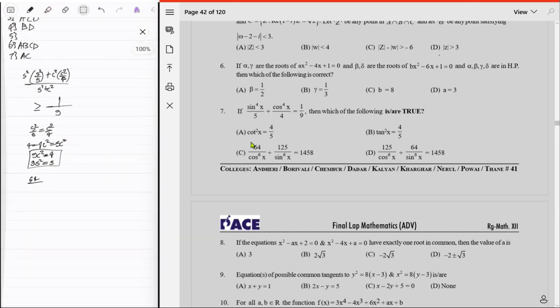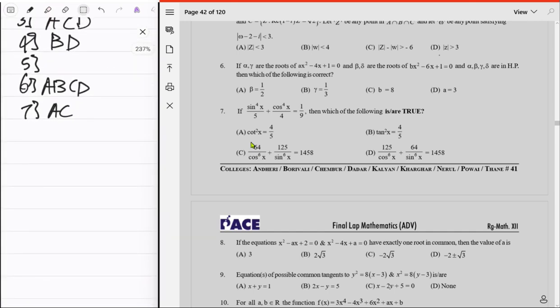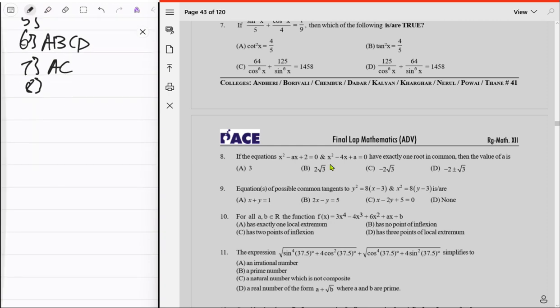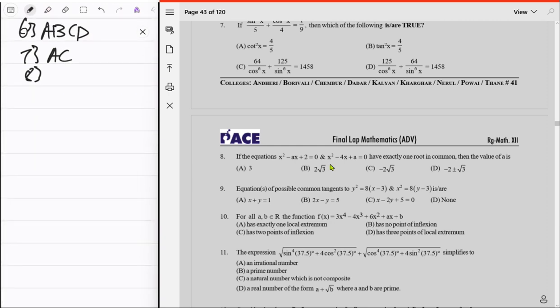8. 8th is: if this equation has exactly one root in common, the value of a. Exactly one root in common, you are saying. Okay, तो दो नहीं, ax plus 2 equal to 0, ऑप्शन वाइज जा सकते हैं ना अपन? नहीं, not yet. यहाँ पे a तुमने दिया, right? So ठीक है, जिससे वो common root alpha है,